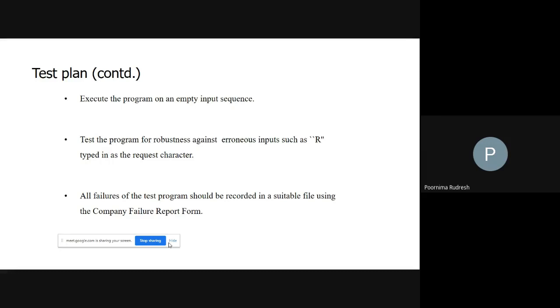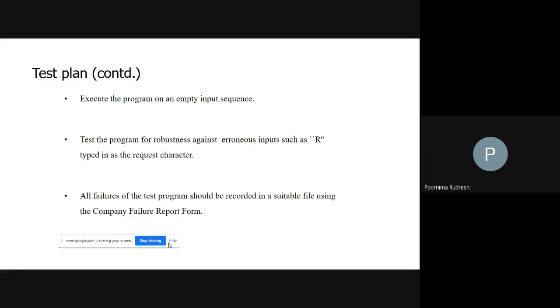Then how many integer numbers do you have to enter? 10 integer numbers. After that you get the sorted output in ascending order. Understood. If I enter the character A, I want to arrange or sort the numbers in the ascending order.